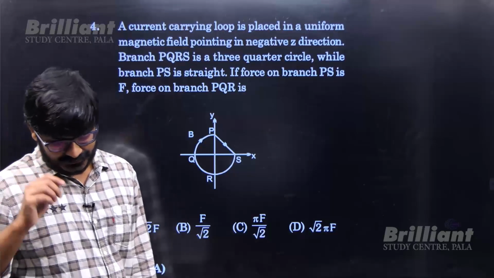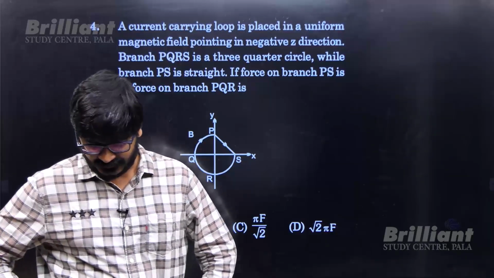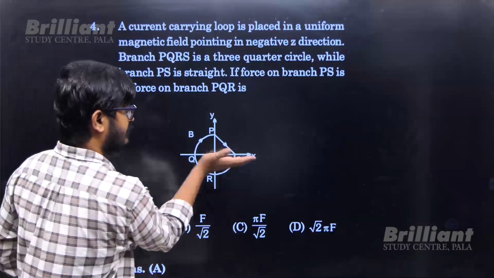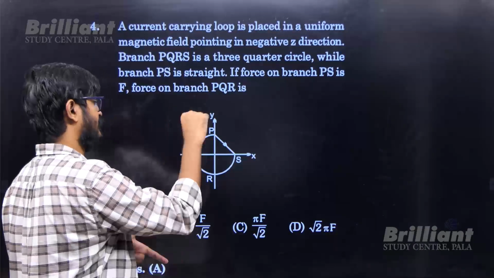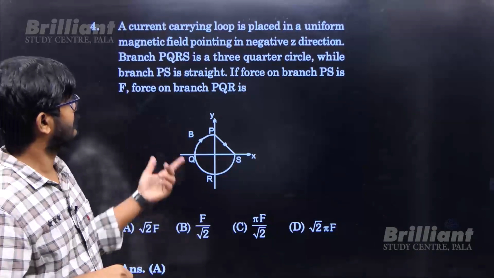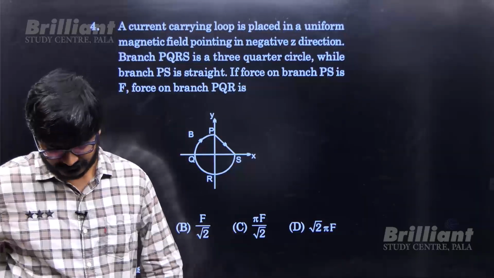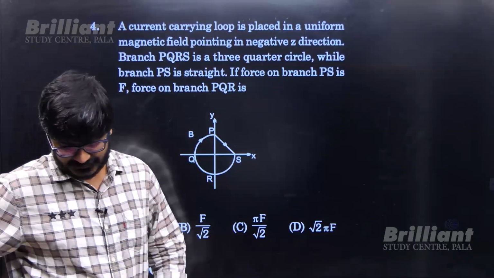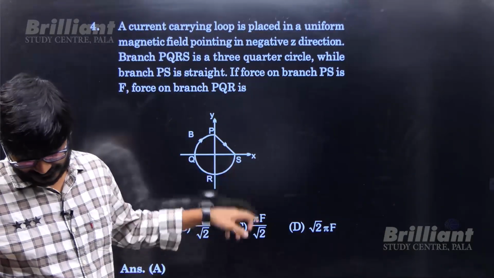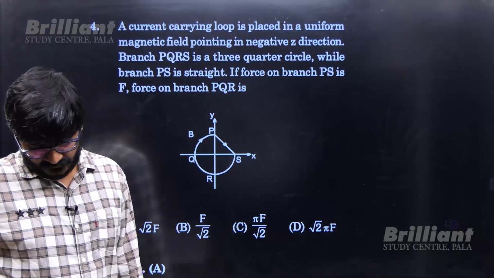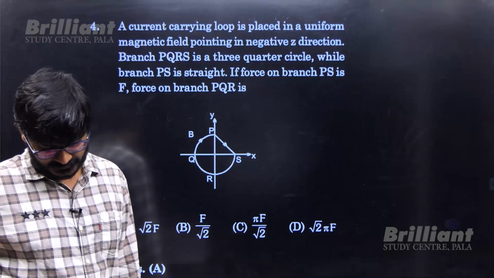Now the next question goes like, a current carrying loop is placed in a uniform magnetic field pointing in the negative z direction. This is x, this is y. So this is positive z, so negative z is, anyway, direction doesn't matter here. I mean positive z or negative z. Anyway, negative z in the sense into the board. Branch PQRS is a 3 quarter circle and one line. If the force on branch PS is F, the force on branch PQR is